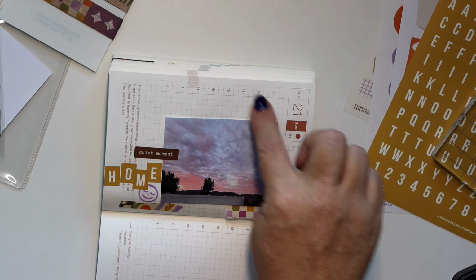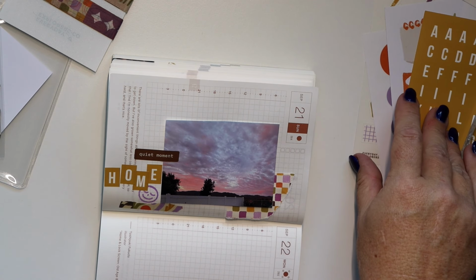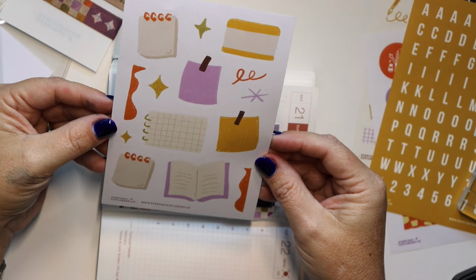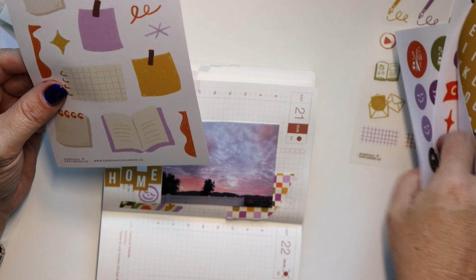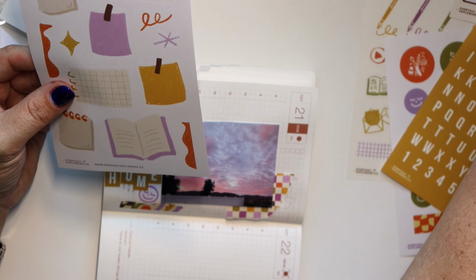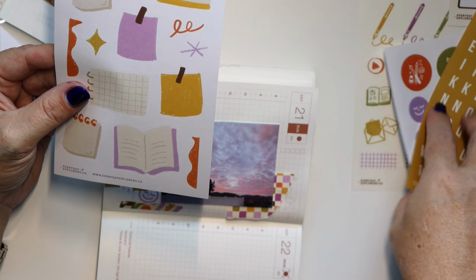And so then I also want to maybe put something up here a little bit, but I want it to be really small because I don't want it to be overwhelming or too much. So I'm going to look at these and see, these are a little bigger than I was hoping for. What else? Okay, let me look at these two. Ooh, you know what? I kind of like this one right here. And then maybe...